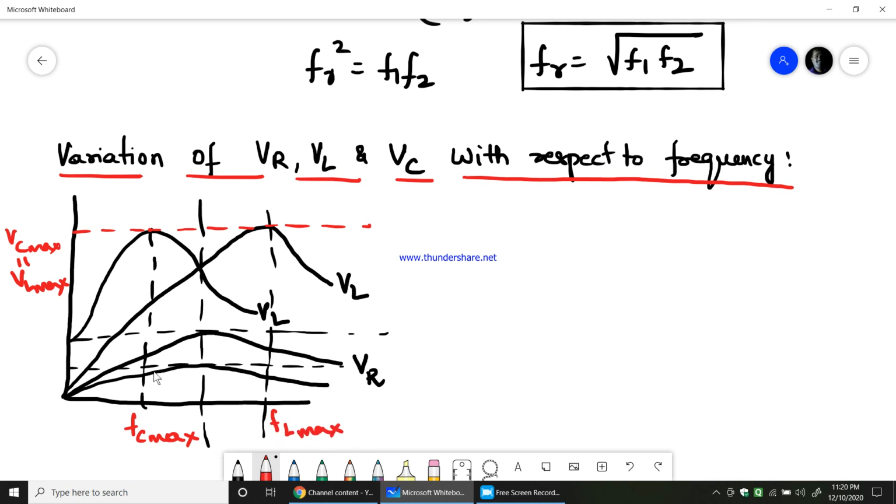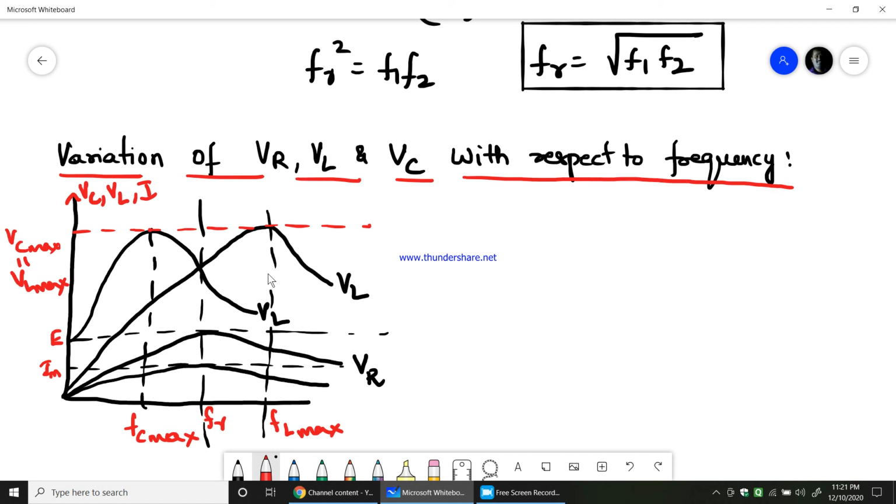That is called fL max. When both these curves meet at a point, that point is called the resonant frequency. That point is where the resonant frequency comes into the picture. Now this is your E, and I would say this is the Im current. So this is the voltage, current, and this would be voltage VC, voltage of inductor, and the current curve that you see, which varies in terms of frequency.